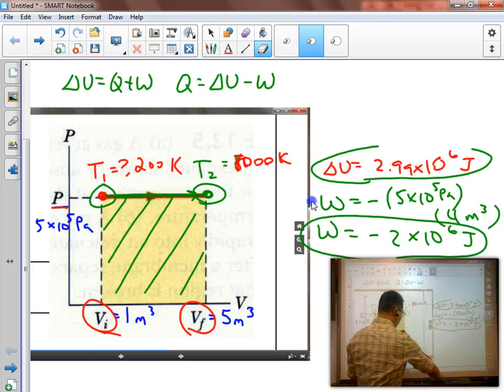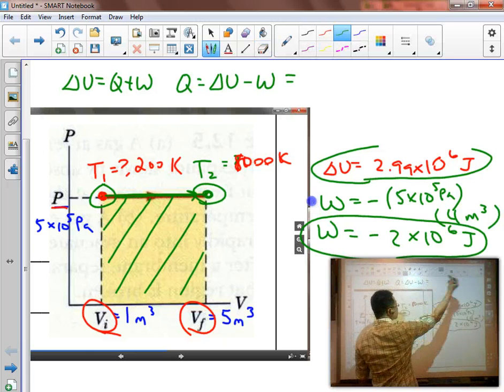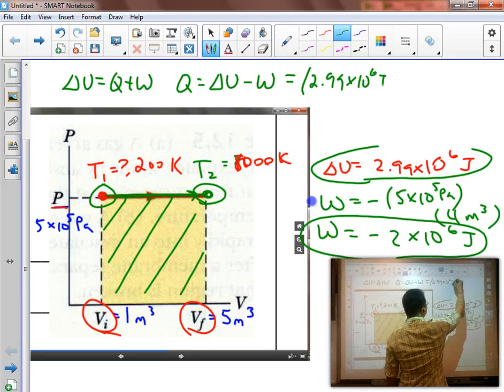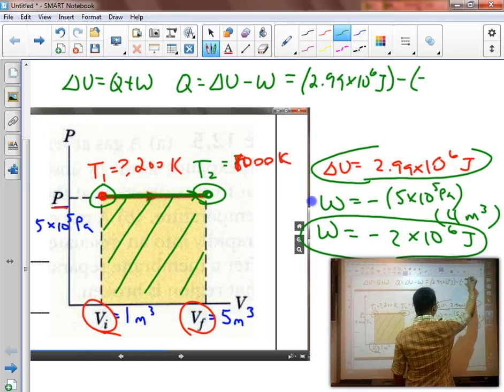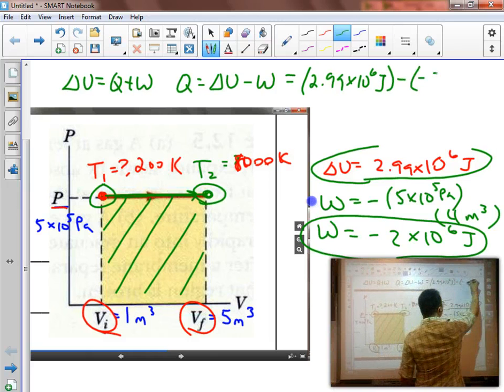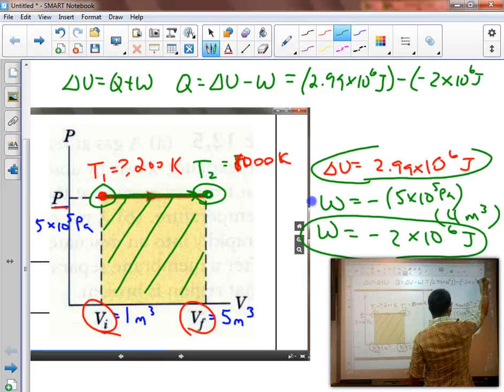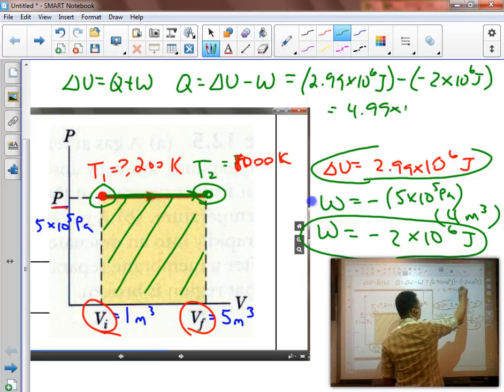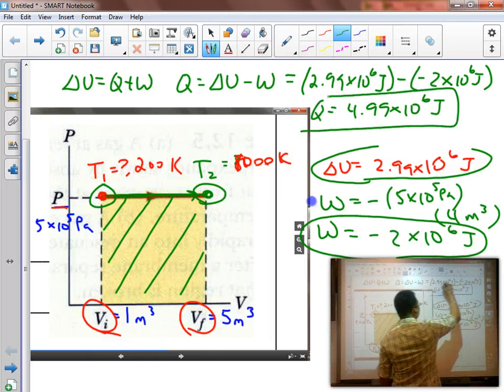So it would equal 2.99 times 10 to the 6th, which is really 3 times 10 to the 6th, minus negative 2 times 10 to the 6th. So you end up with 4.99 times 10 to the 6th joules